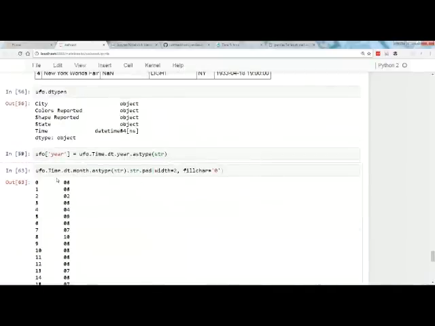I know it's a long line of code, but I pulled out the time series, then I pulled out the month attribute. I coerced it to a string, and then I'm using the string method pad with width equals 2. And I don't want to pad with a space, I want to pad with a 0.